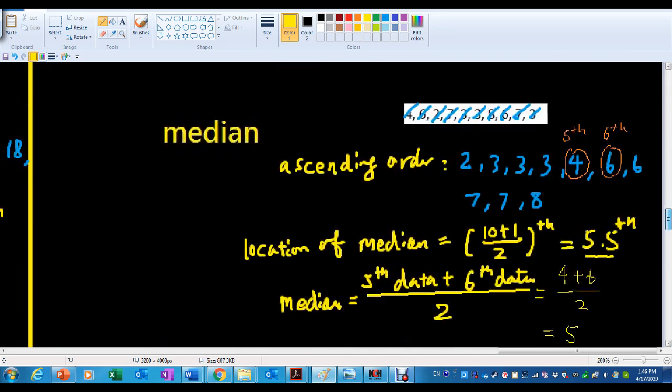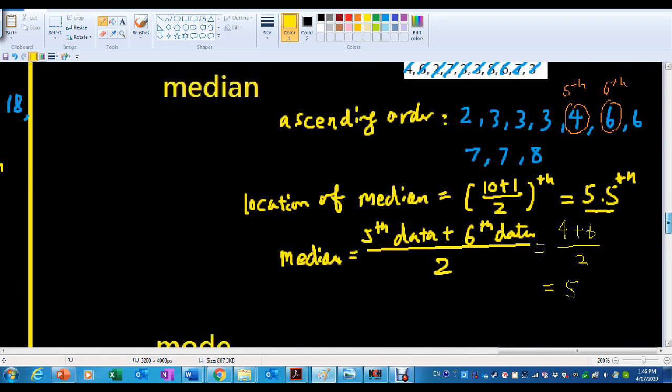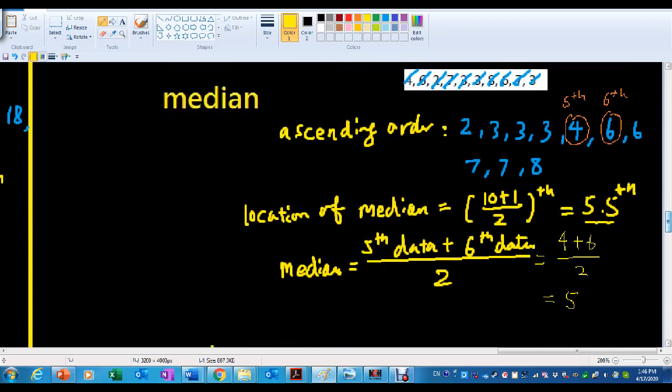So you see the mean for this set of data is 4.9 and the median is 5. Though they are close, they are not equal, right? The method here to find the median is quite new because there is an even number of data. After you find the location is 5.5,